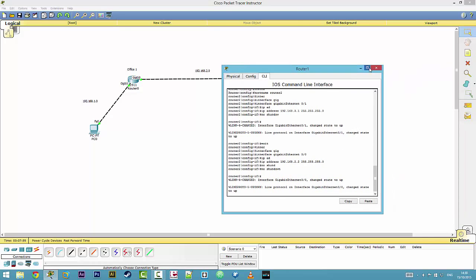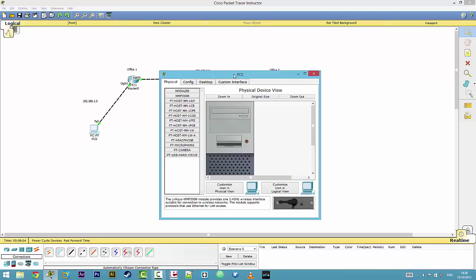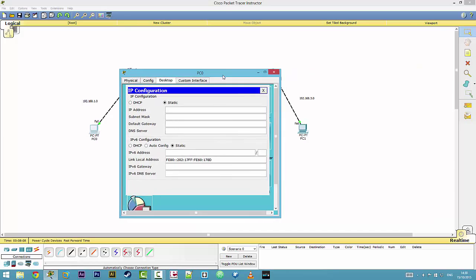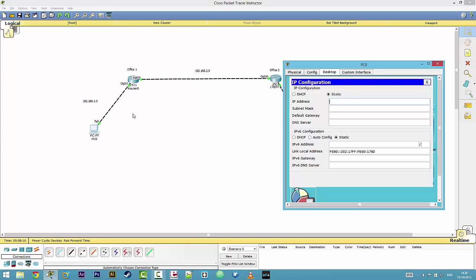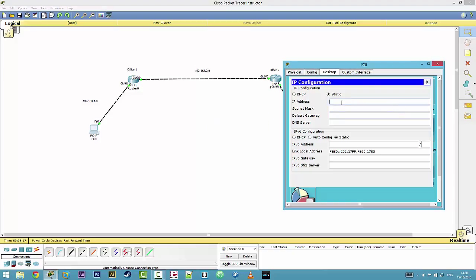Now, so they're all connected. Let's try to ping. Oh, sorry. We forgot to set the IP address of the end users. This one will be 192.168.1.2. Because we have the one already on the interface gigabit ethernet 0/1. Now subnet mask